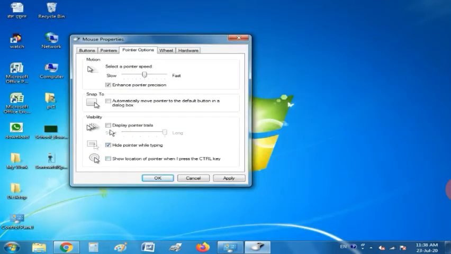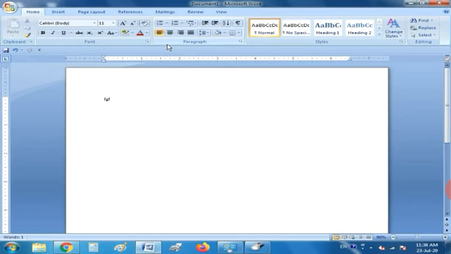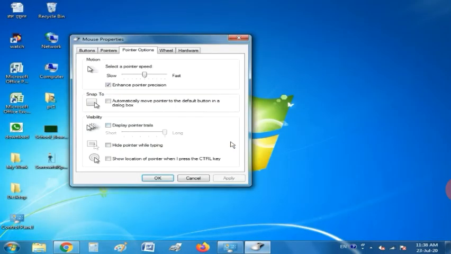Clear, students? As you can see, whenever I started typing, the mouse pointer hides.